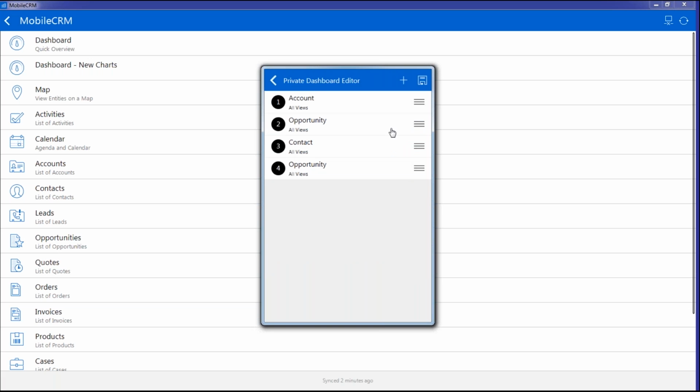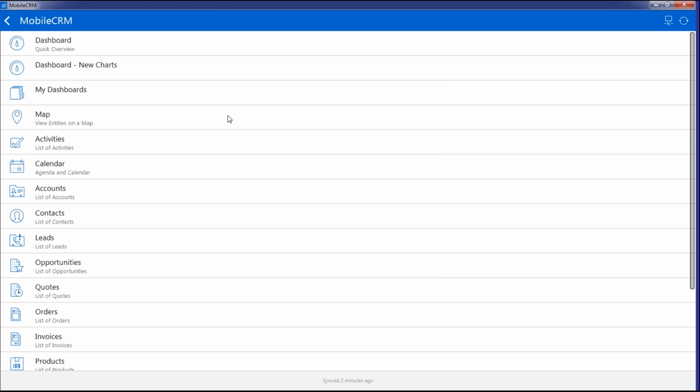I can even reorganize what I see on my private dashboard. So for example, I'll move up the contacts and I will have it like this. So now I can click Save, and as soon as I click back, you will see that now new item